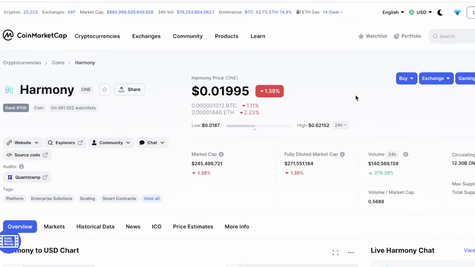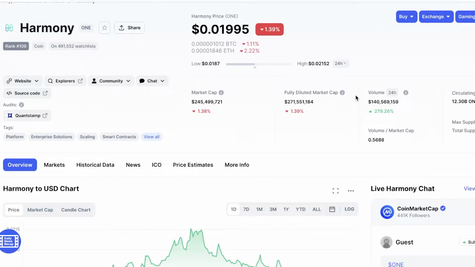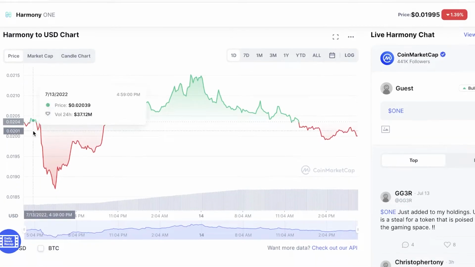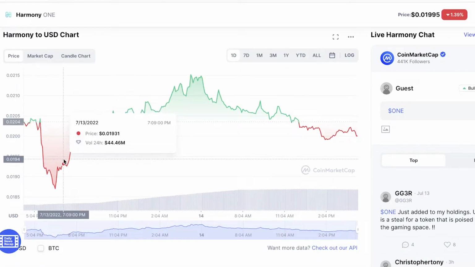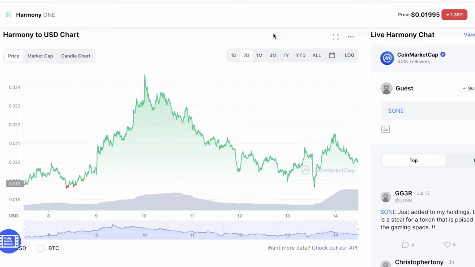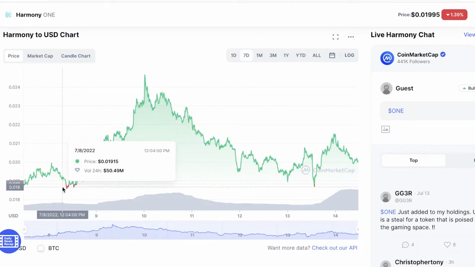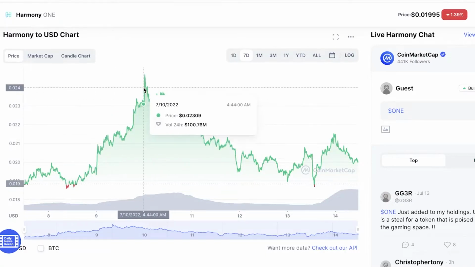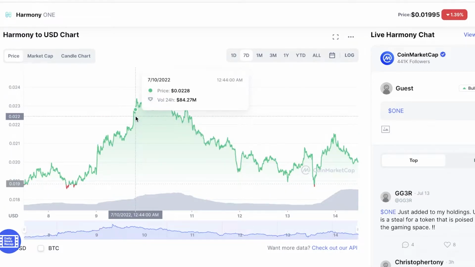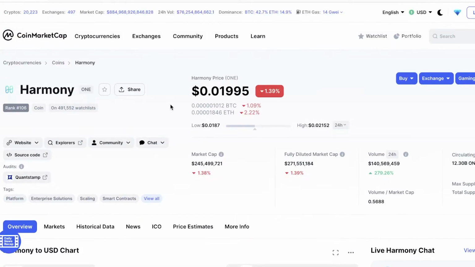But what are the price estimates? What should we be going off of with the One token? If we take a look at the Harmony to USD chart over here, you can see the price for any crypto token in the daily charts is going to show up as very volatile. But if we move on to the weekly chart, you can see that this token had a dip. It went down to 0.01862, and then the token climbed up to 0.02443. You can see that this coin has the potential to grow immensely because it is so popular, and the current price of